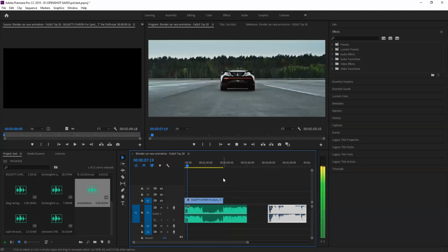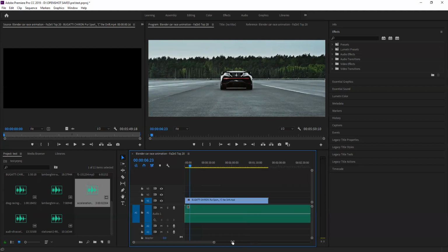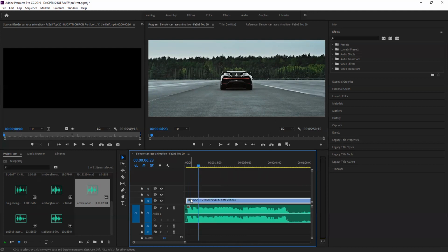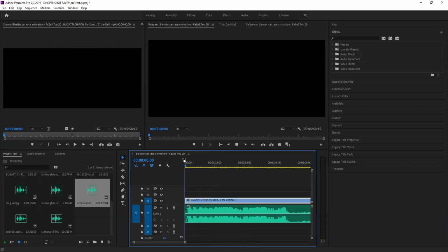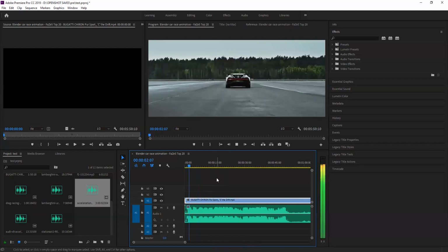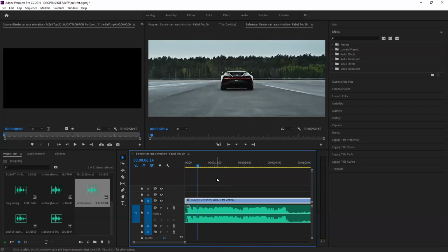Okay, before it drives off, again, you need to observe the sound that you are actually putting. You need to get a pair of headsets and see how the sound is actually working. So therefore, I'll probably extend this a little bit and see. Okay, so before it drives off,